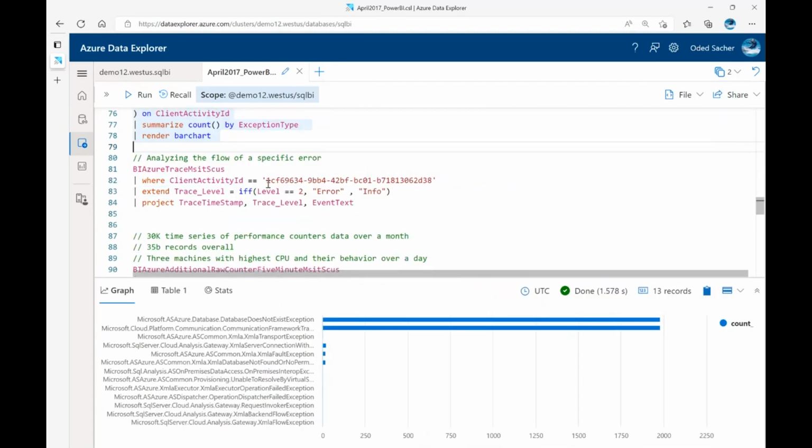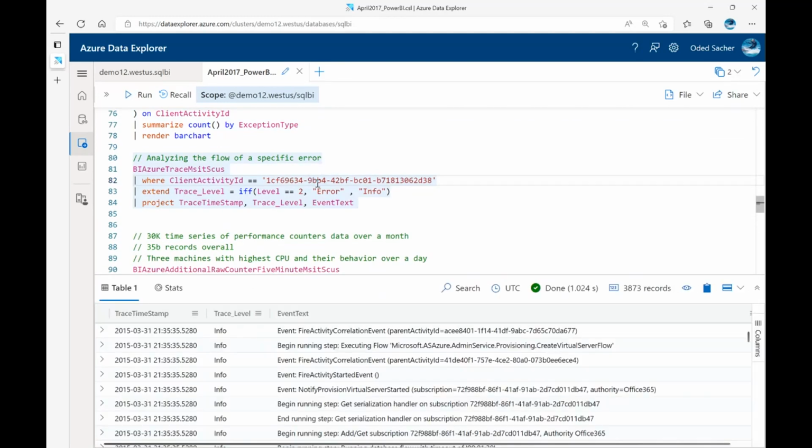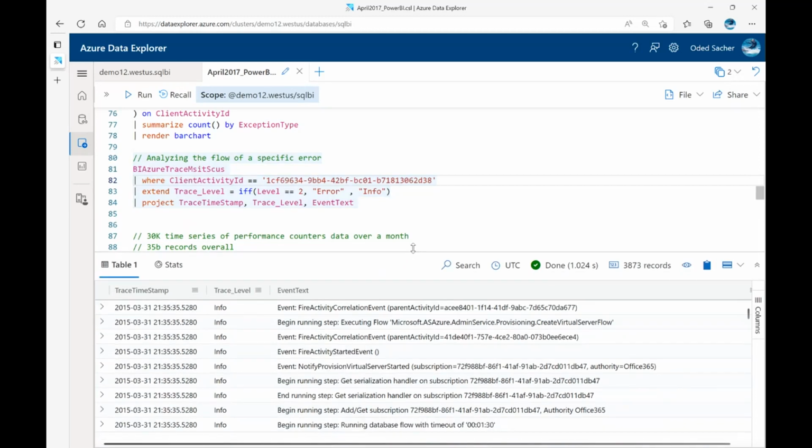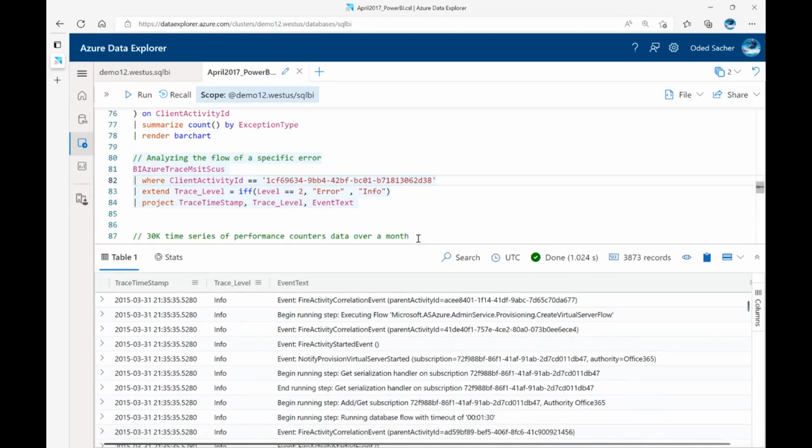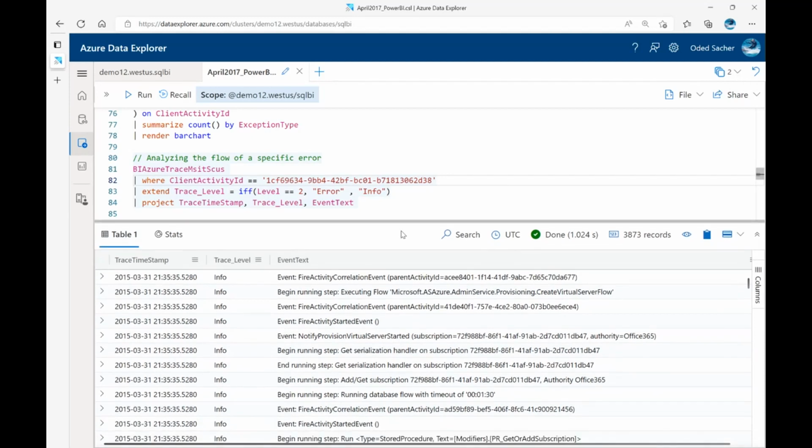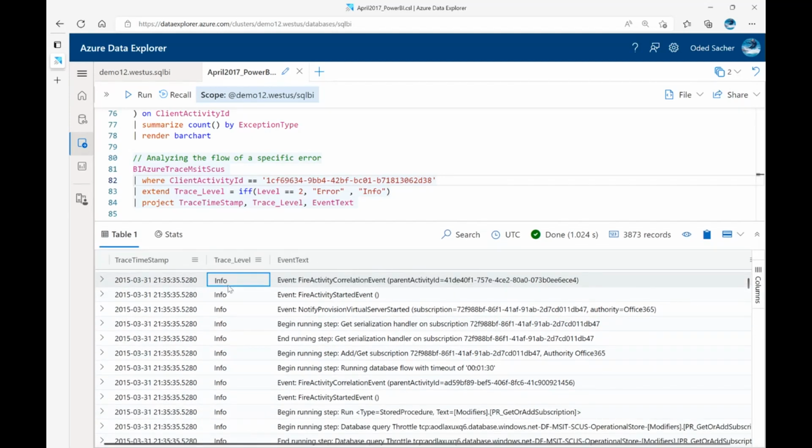And now what I'm left to do is just pick one failure out of the 2,000 and get all the traces back. Again, remember, I'm running on the raw telemetry data, so I can run aggregation joins, but then go back to the telemetry itself to understand what's going on in my service. You can see that the session started regularly, but then somewhere down the road,